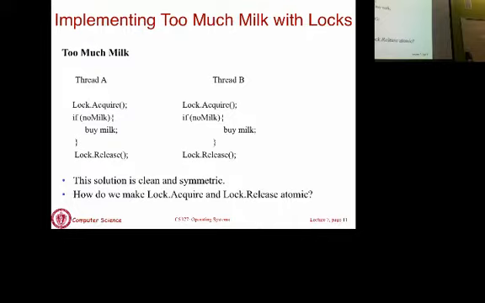Locks are just like integer variables. Okay, I didn't give them names here, but you will say lock i, lock j, lock k. So then you go i dot acquire and i dot release. So each critical section gets its own lock.